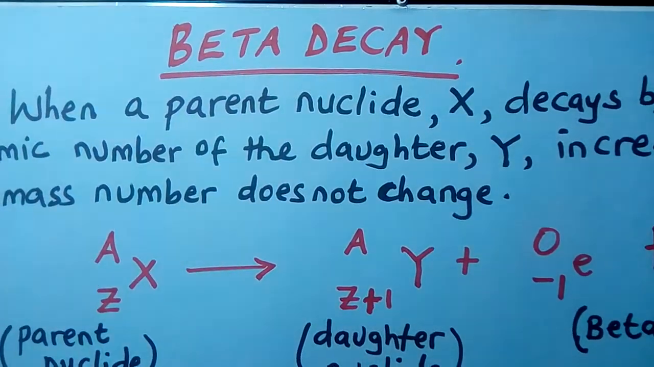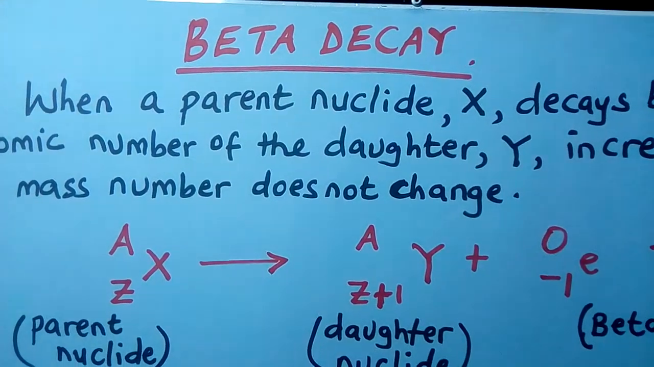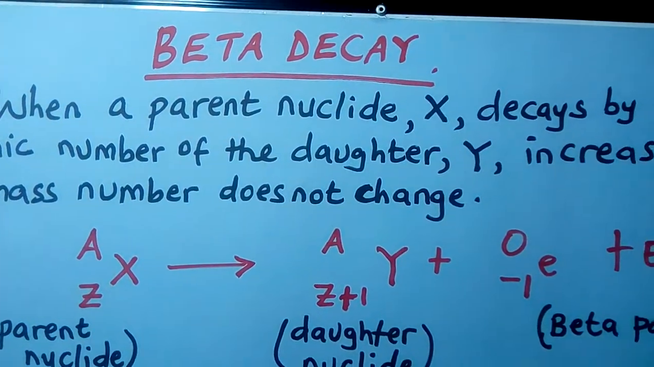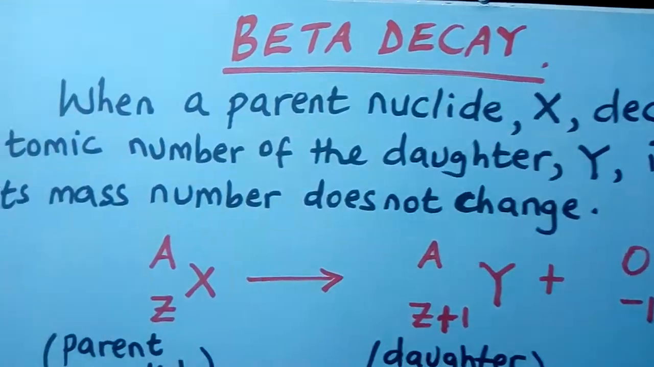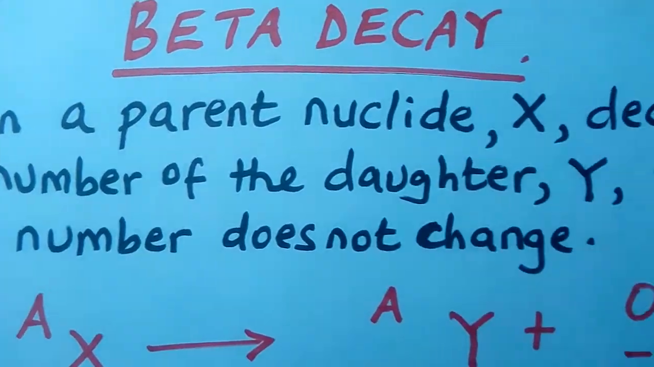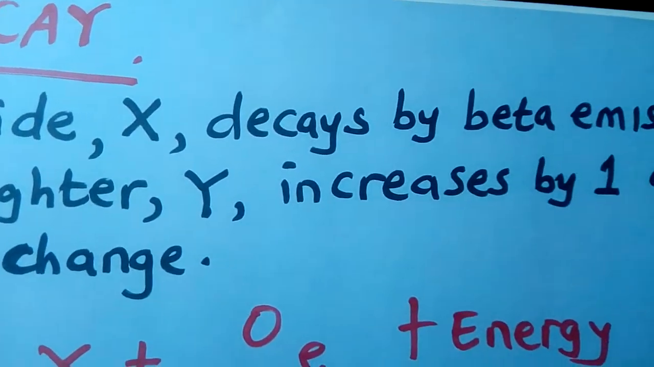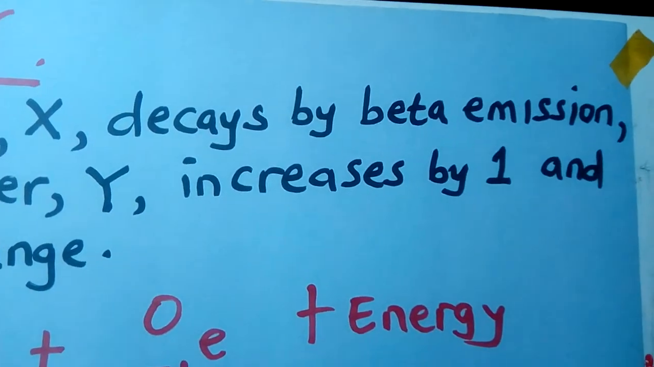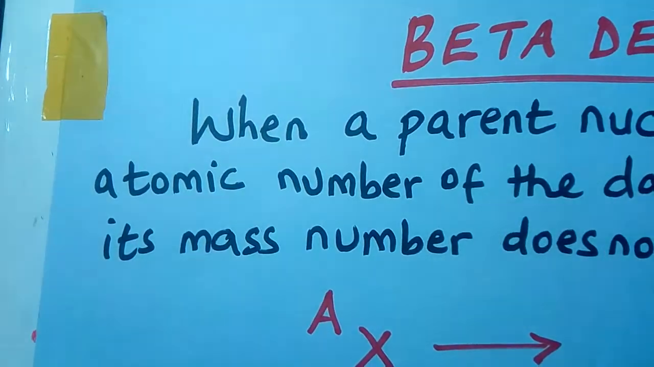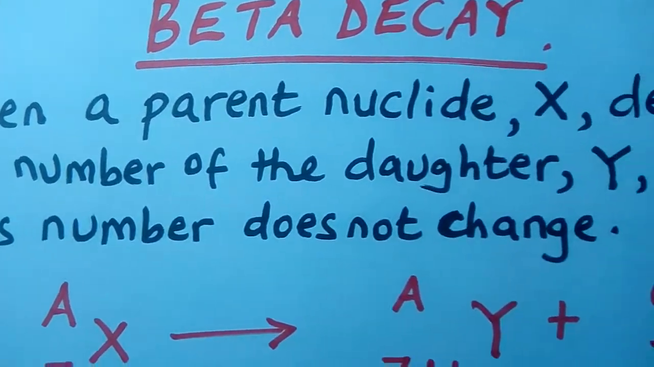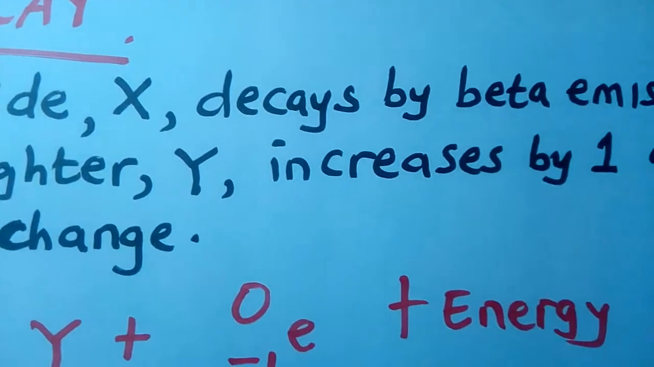So today we are looking at beta decay. When we say beta decay, it means the parent produces a daughter, and on top of producing the daughter, a beta particle is also produced. So when a parent nuclide X decays by beta emission, what happens? The atomic number of the daughter, which we are calling Y, increases by 1,